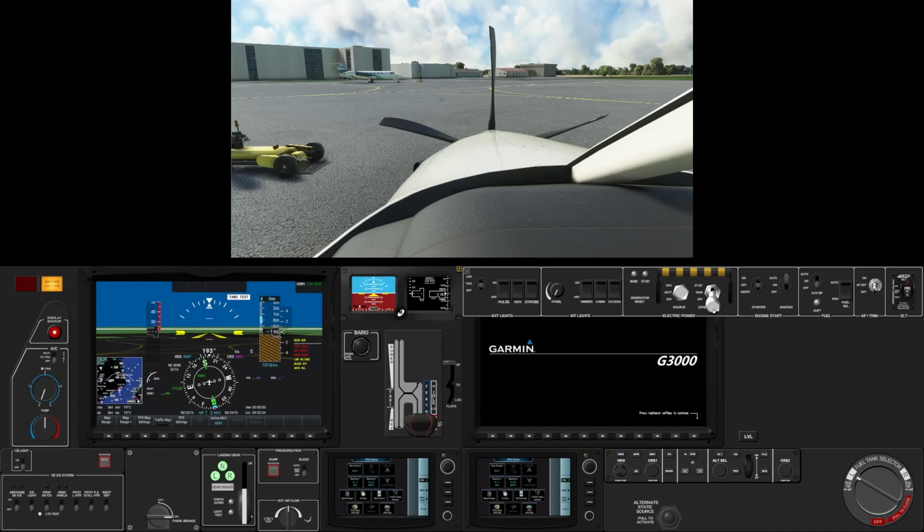So we don't need the generator on just yet. Let's clear that caution. We'll have the nav light on, I think, as we're just getting started. We don't need a taxi light on just yet. You see these light switches are working. They work and animate in the sim too. It was a bit of a job to get all of them working, but a little bit of jiggery pokery on my part